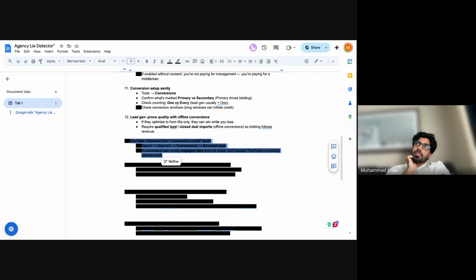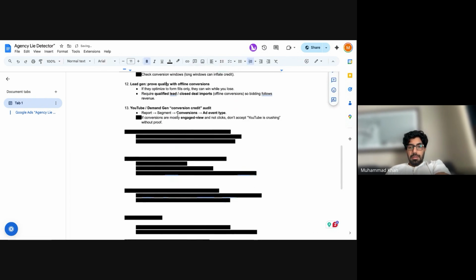For example, I have a local service client, and for the call from ad extension, the length of those calls is 150 seconds. Usually people go 60 seconds, but I realized I was getting too many spam calls. I increased it to 120 and it got better, and then to 150, and the lead quality coming in from it is great. So you have to play around with it a bit.